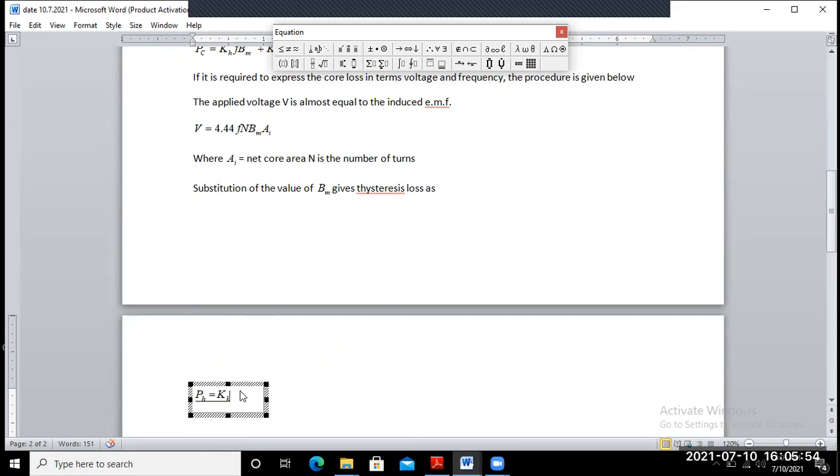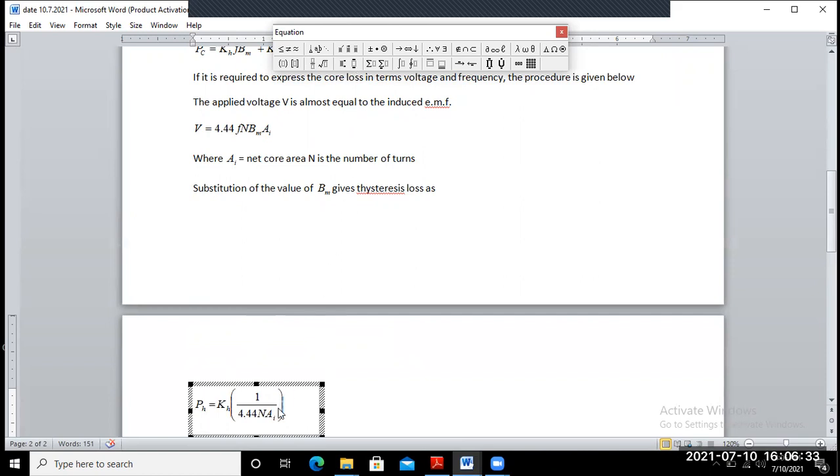So we take this side. Pm equals how much? Bm equals V by 4.44 number of turns into A_i. So number of turns into A_i,